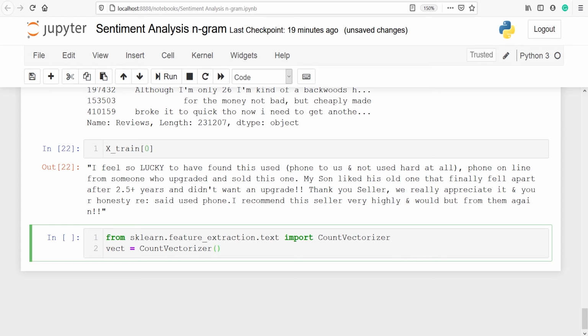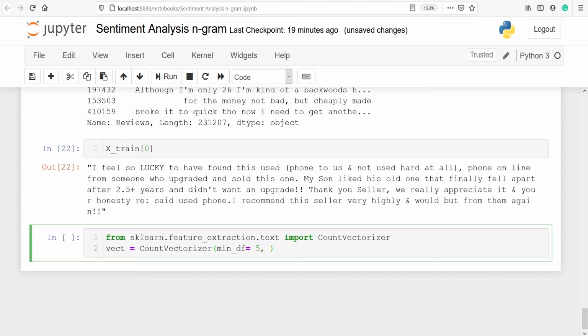We will pass one more parameter, min_df, and we will give the value as 5, which will remove any words from our vocabulary that appear in fewer than 5 documents.